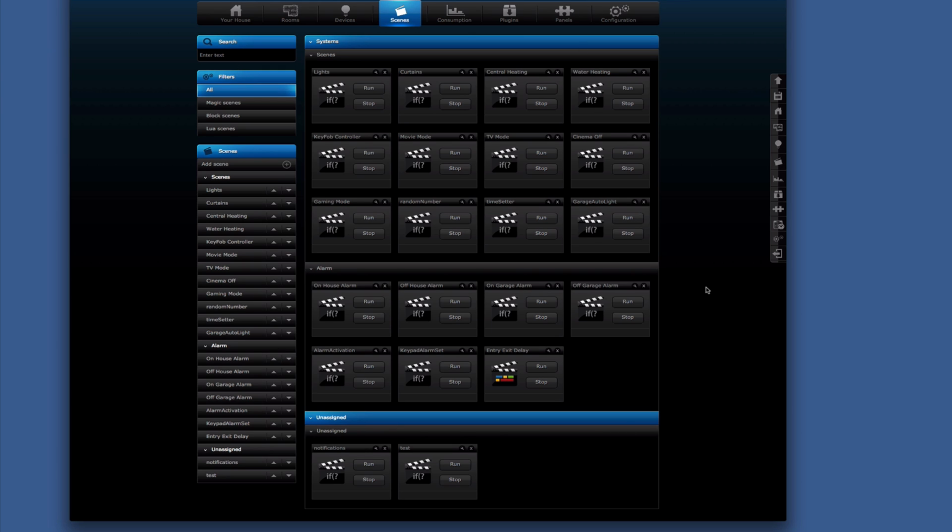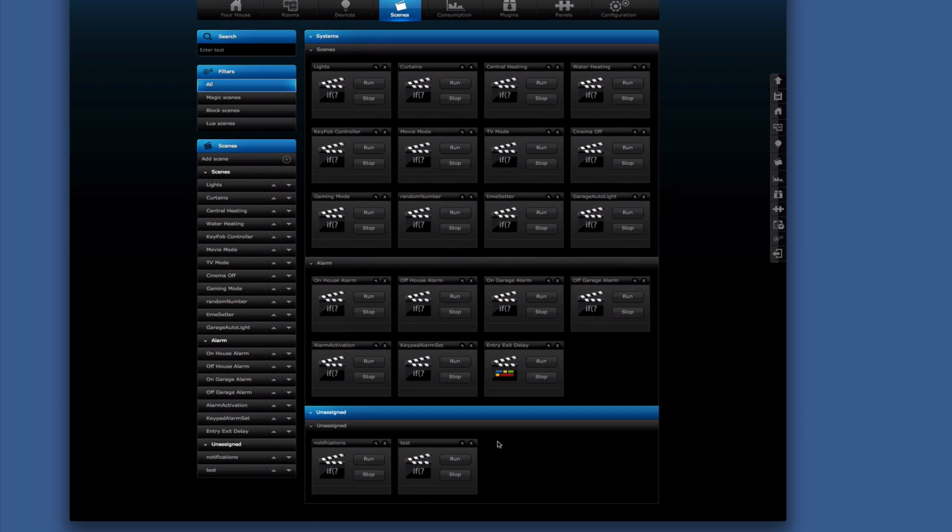To use this, we just have to add a couple of lines to our scenes. Most of the scenes that we create, especially in Lua, are if-then statements. So if something is triggered, then do this. And all we're going to do is add a couple of lines to the "do this" section. So if we just go into our test scene at the moment, just to show you,